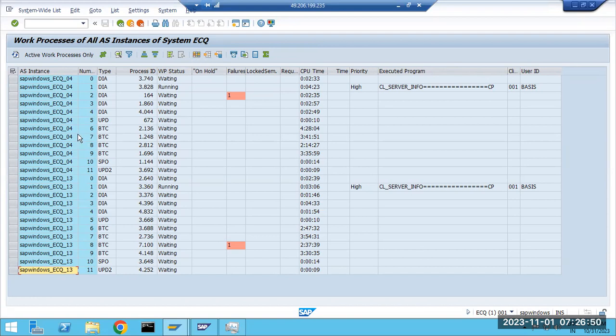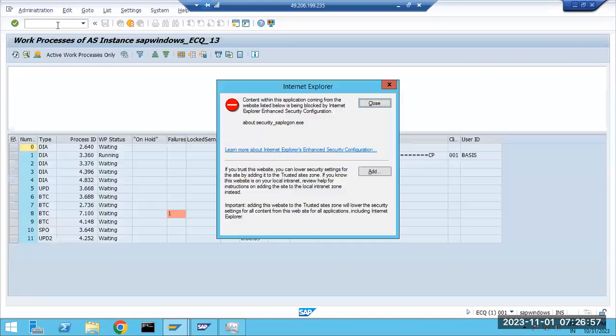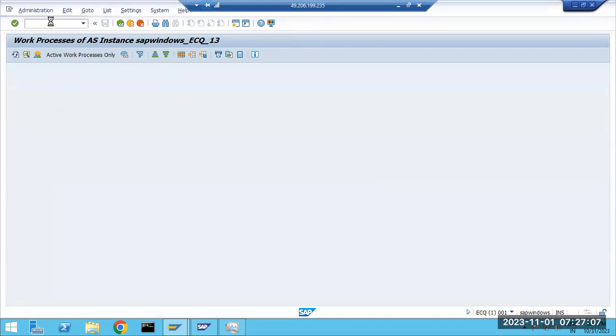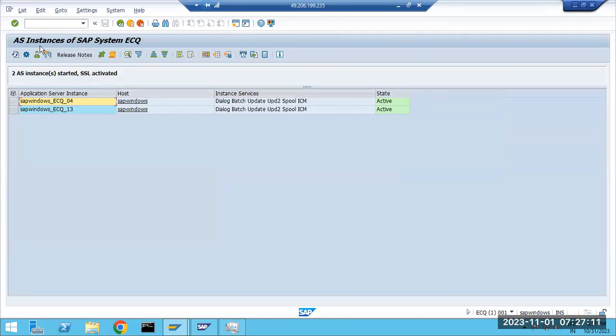So if you have multiple application servers, suppose you want to check the work processes of the application server with instance number 03, and then the 13th one, and you have one more application server. If you go to SM51, that is the transaction code, there you can check how many application servers there are. The list and the active application server status you can find here. So if you want to check the work process status of the 13,